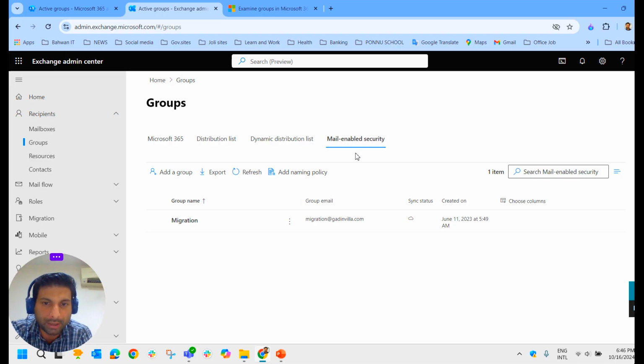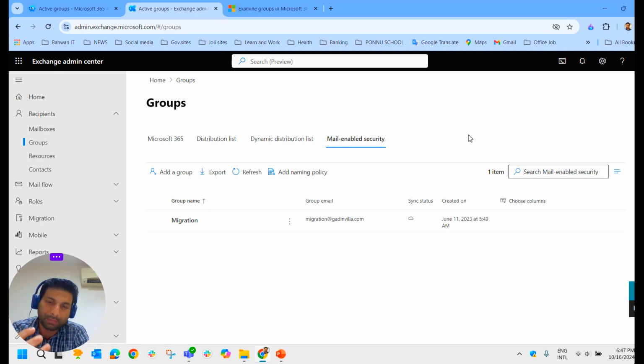That is what is meant by a mail enabled security group. This design enables the group to function as a mailing list and/or distribution group. It again acts like a distribution group. You know the difference between a distribution list and a Microsoft 365 group, which means it does not have a common mailbox. A mail enabled security group enables the group to function as a mailing list or a distribution group, which means it